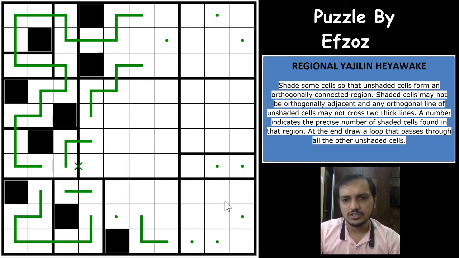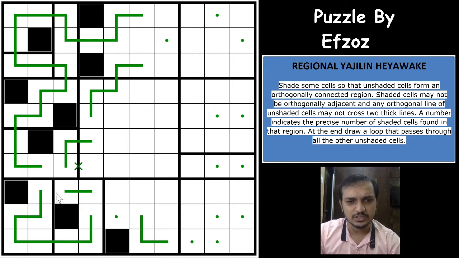One of these two cells would be a shaded cell and one of these two cells would be a shaded cell, because if both are unshaded, both of these would have to be shaded, right? So according to the edge technique, as we have already seen, a 2 by 2 group of cells cannot have two shaded cells. So both of these will be unshaded and both of these will be unshaded. You'll have one shaded cell in one of these two cells and one shaded cell in one of these two cells. Okay, and I missed the simple logic here.